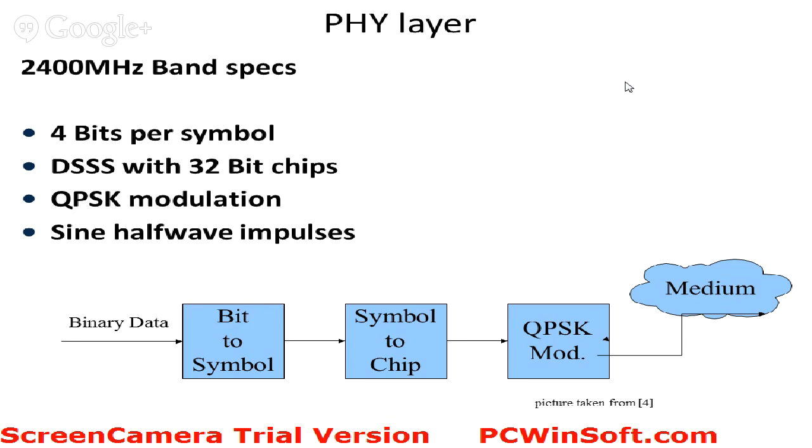Yesterday, somebody asked whether Bluetooth uses DSSS. No, it is not correct. Bluetooth uses FHSS. DSSS is available with ZigBee as well as Wi-Fi. Now, the basic difference between DSSS and FHSS is